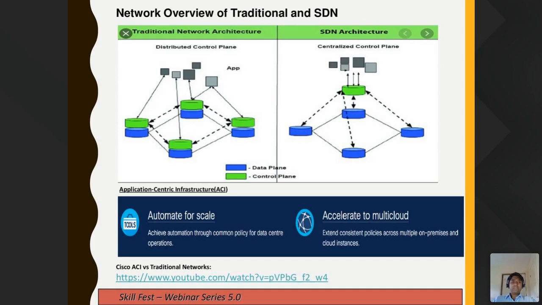So consider these four, what you're seeing on the left side: four routers as four different sites. Just assume that, okay? The bottom guy wants to communicate with the guy at the top. So how will the traffic be routed? Either the bottom site has to communicate through the right router or the left router. Though the connectivity exists on both sides, the communication happens through only one way.